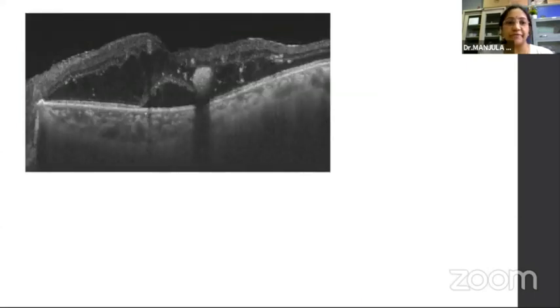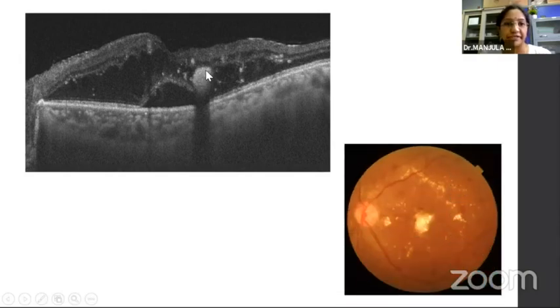This is a bit different. Here also you can see subfoveal serous retinal detachment. However, the parafoveal area looks edematous, but here you don't see cystoid spaces, you see some sponge-like edema. This is called spongy edema with subfoveal serous retinal detachment. And you can also see accumulation of abnormal hyperreflectivity, which corresponds to hard exudates on the clinical picture. Hence, this is called SSRD with parafoveal spongy edema and hard exudates.